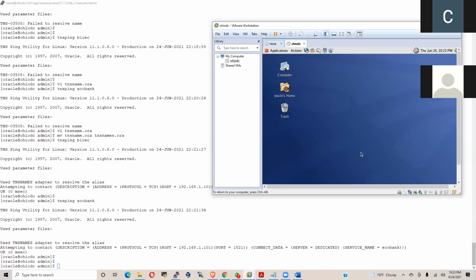Without knowing that, in real time it will be a big problem if you go directly with listener creation using automation. Okay, so it's not listen.ora, it's listener.ora. It's not TNS name.ora, it's tnsnames.ora. These are the two mistakes. And the port number 1521 is the default one. As I said, whenever you type, you just need to check the IP address and service names. That's it.